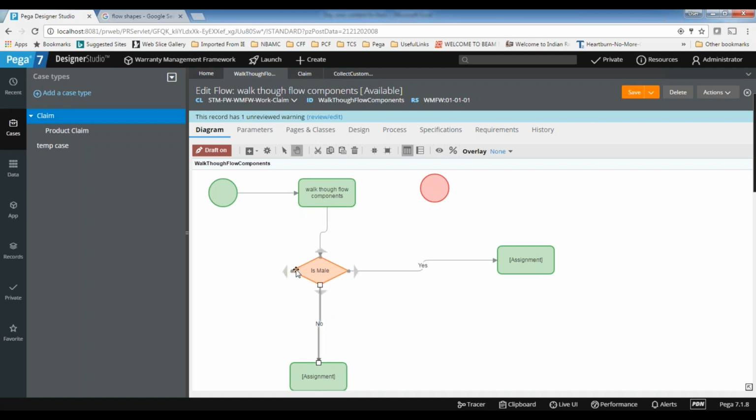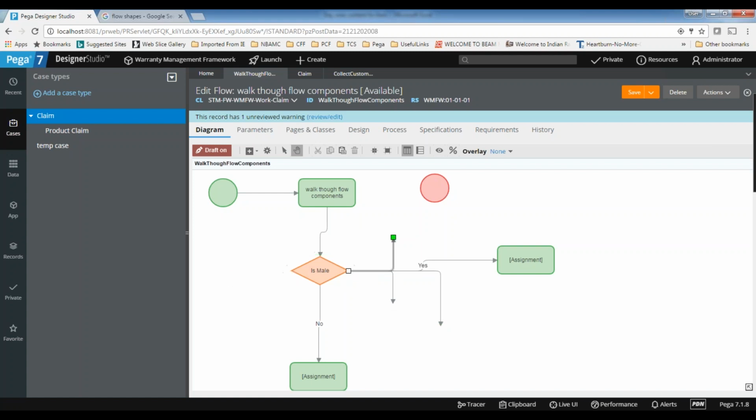Okay. And then the best practice here is the system will accept any number of outputs, but the recommendation is you need to limit the number of outputs from the decision shape to a maximum of 5. The system will accept anything, but the problem is managing the flow rule will become very difficult. You can see there is a clear overlapping on the results, so the diagram won't look good. That is why you limit the outputs coming from the decision shape to a maximum of 5. That is the best practice guideline Pega is giving.